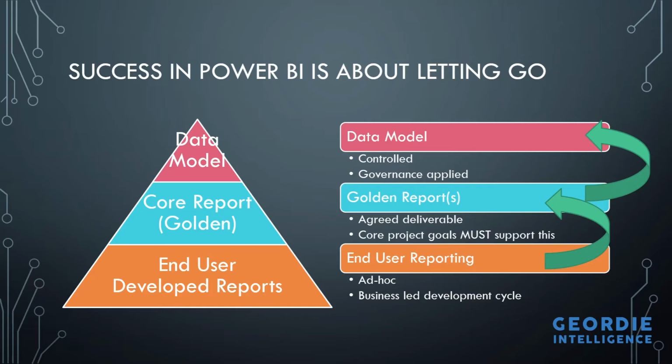They need to be available in a monthly, a quarterly, an annual cycle, right? Those are your golden reports. And your core data project is what you should be doing to deliver those. Your data project is going to build that data model structure and that platform for your semantic data layer. And then these golden reports are going to connect into that data model